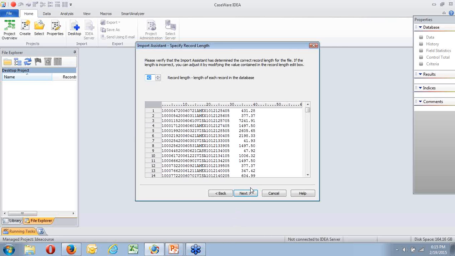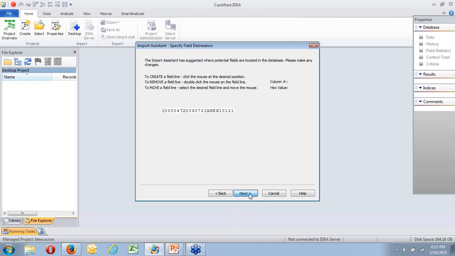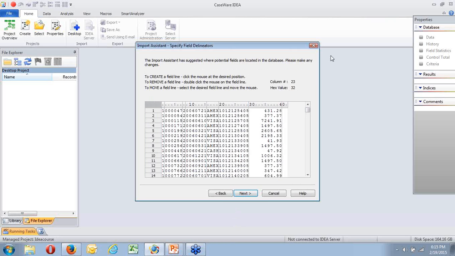Okay, so let's work with the file layout that we've got. I'll say next. Now I need to show IDEA exactly what the file looks like. As you can see there, it tells you to create a field line, click the mouse, and to remove it, double click it.